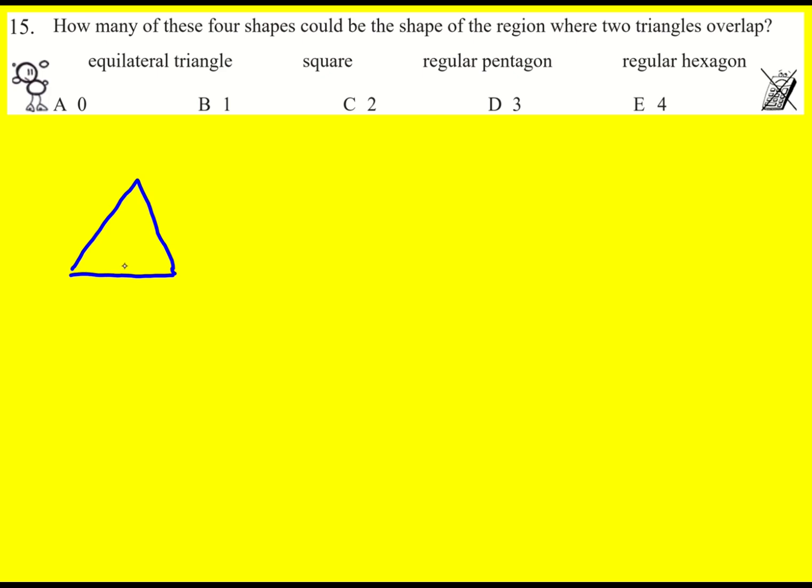Well, if I put another equilateral triangle inside like that, then I've managed to get one here. So that one's going to be possible. A square